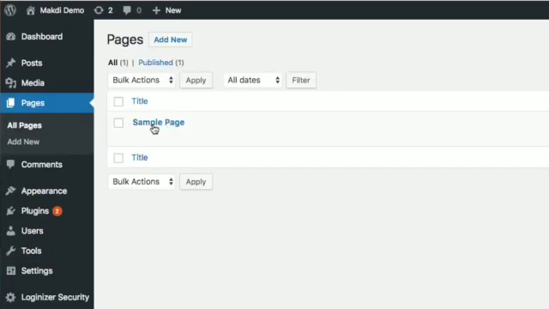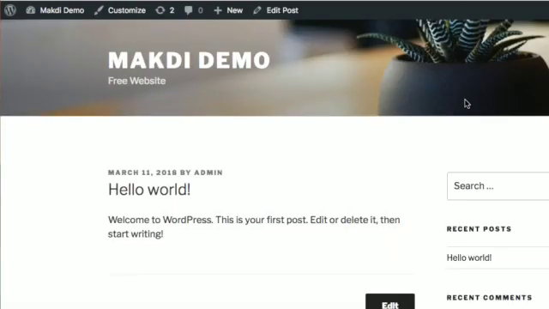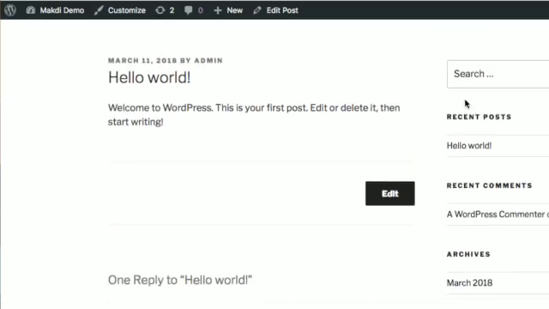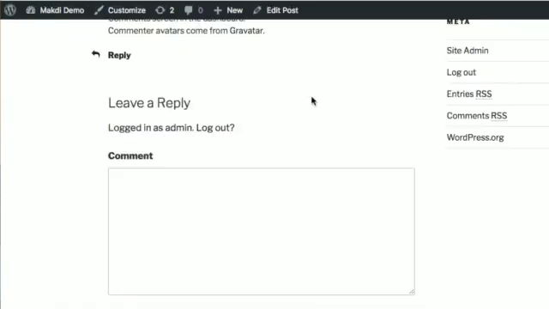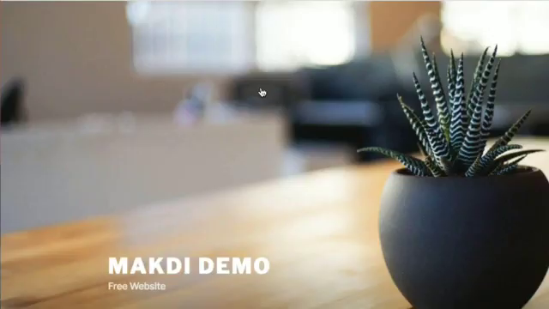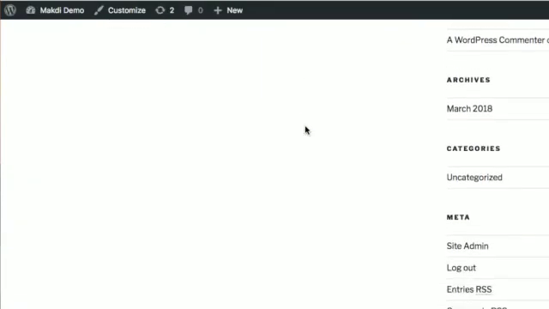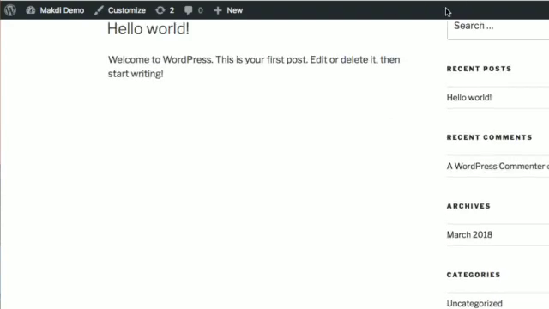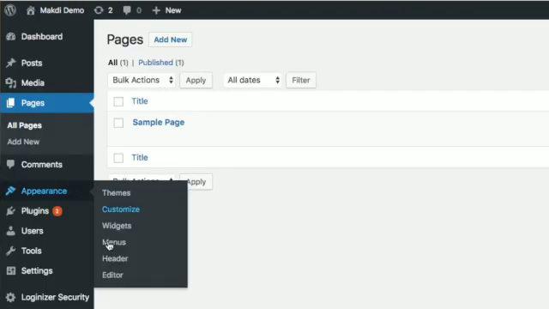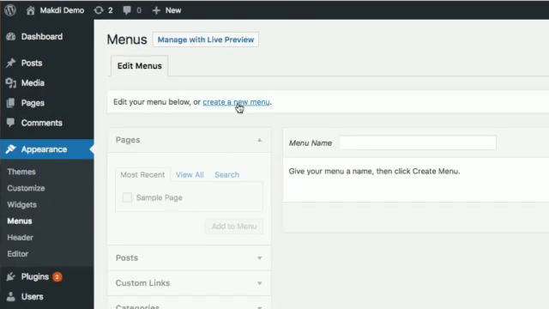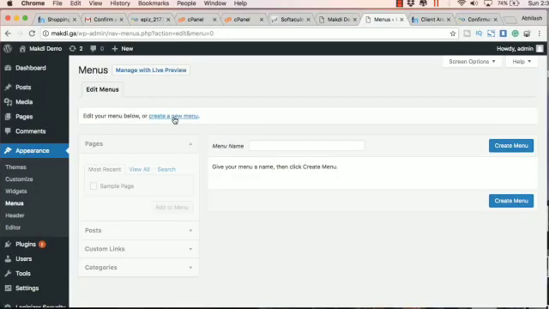You can go to pages and you can already see that there is a page called sample page, but on the home page of your website you will not see this page because you will have to manually add it to the menu of the WordPress. That's how WordPress works. You can refer to any of the documentation regarding WordPress. Here you can go to appearance, menus and just click on create new menu. That will bring this right side field called menu name. You just have to enter the menu name here.